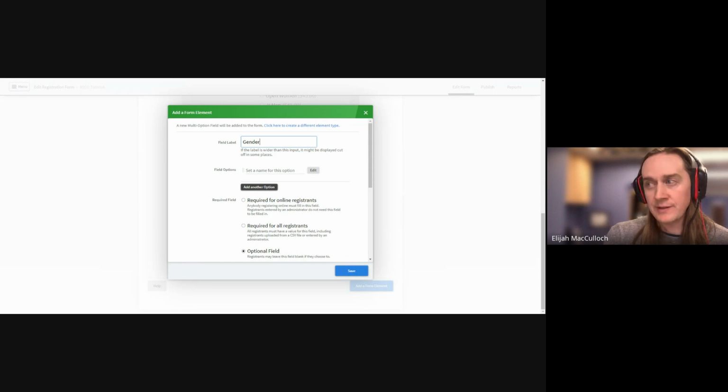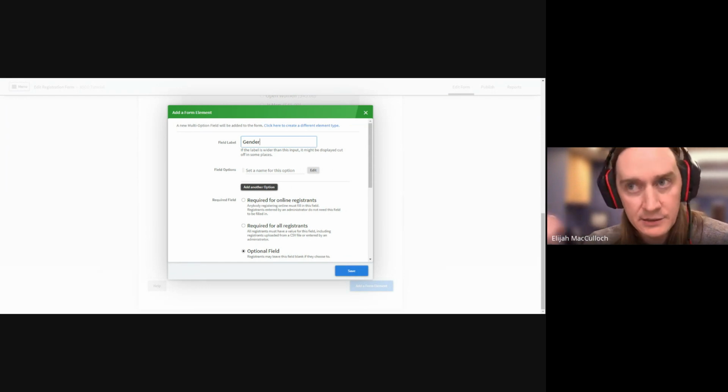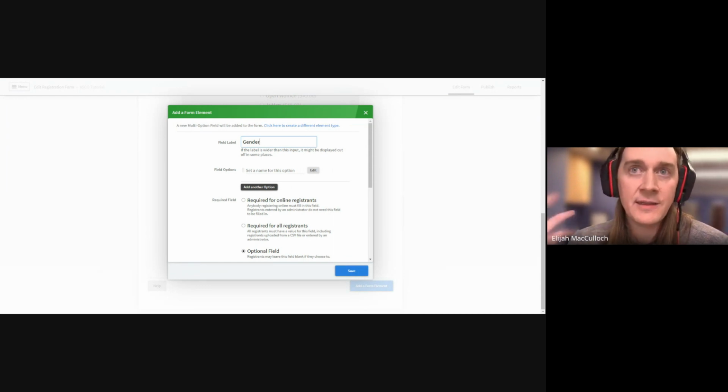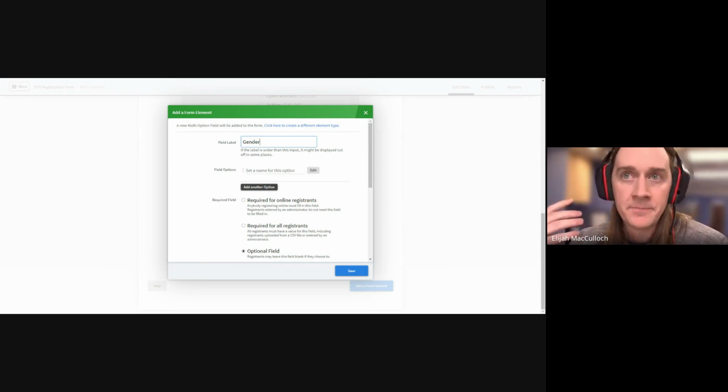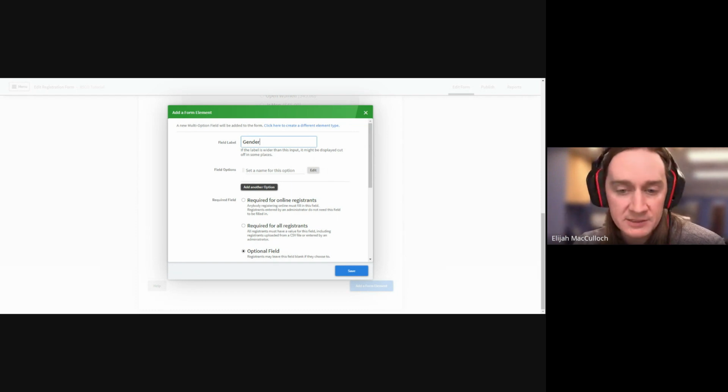The problem with doing this is that if you actually collect this information and then expect gender to be part of a race file, where you use this gender field to divide people for your start list or for your results, it won't actually work. It won't import people as male, female. It'll assign a 7-digit number to either of those two fields,